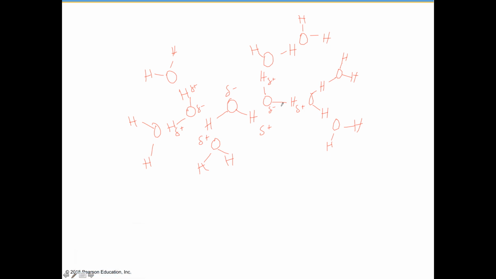Let's go with green. So I'm going to draw in everywhere that there's a partial, what we know about science, and you've probably known this since you were a kid. Negative and positive attract. So you get a weak attraction right here, right? And then there's a weak attraction here because this is that partial negative and this is that partial positive. Here, there's a weak attraction. There's partial positive, and then this is partial negative. Everywhere there's that partial negative, everywhere that you're seeing this